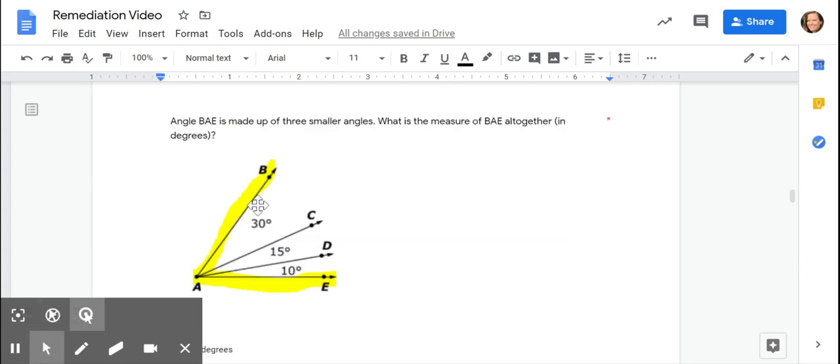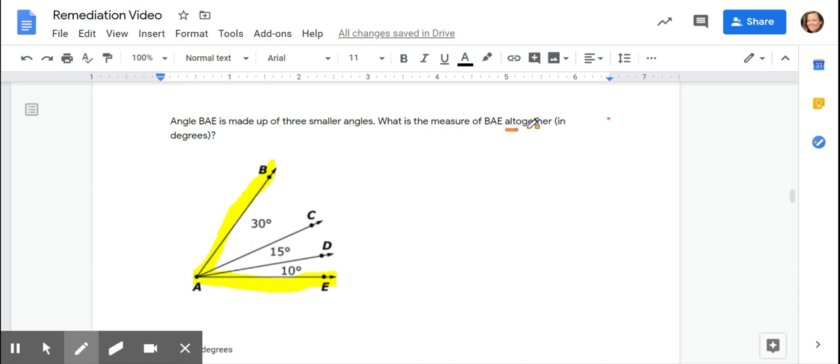This question says angle BAE, which is actually highlighted, is made up of 3 smaller angles. We can see angle BAC, angle CAD, and angle DAE. So we want to find what the measure of angle BAE is all together in degrees. All together tells us we're going to be adding. We're going to be adding this number and this number to get a full measure of the bigger angle, which is BAE. So in order to do that, we have to add up the 3 measures of the angles,